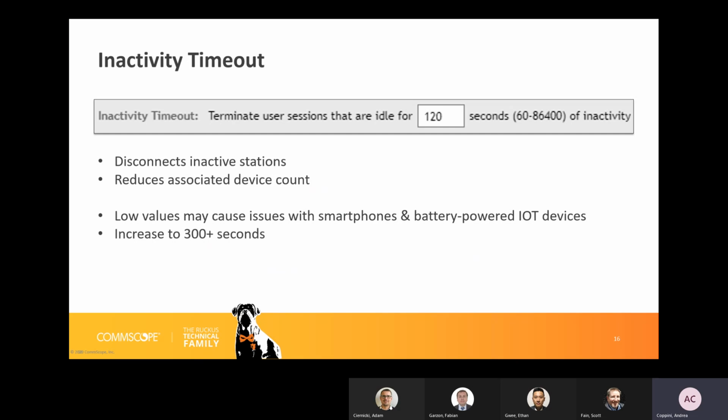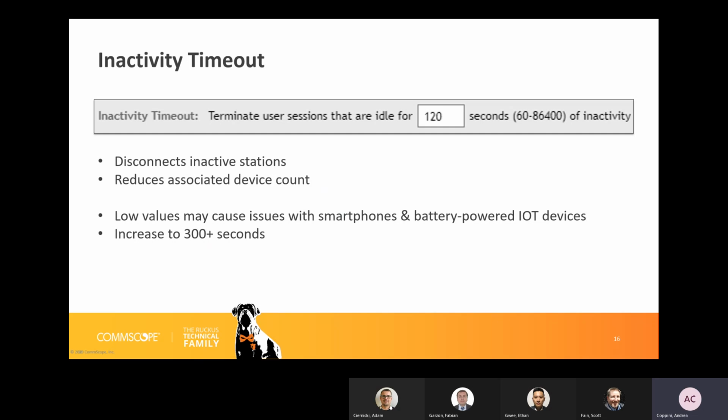So a lot of smartphones, or I think all of them actually, will go completely quiet for a number of minutes sometimes. I think the iPhone, for example, goes completely quiet for 4 minutes when it's basically sitting on a desk with the screen switched off. The iPhone will not transmit any data at all to the Wi-Fi network. So if you leave this number set to the default, which is 120 seconds, something like an iPhone, if it is actually 4 minutes, that iPhone will get disconnected by the infrastructure, by the access point, but the